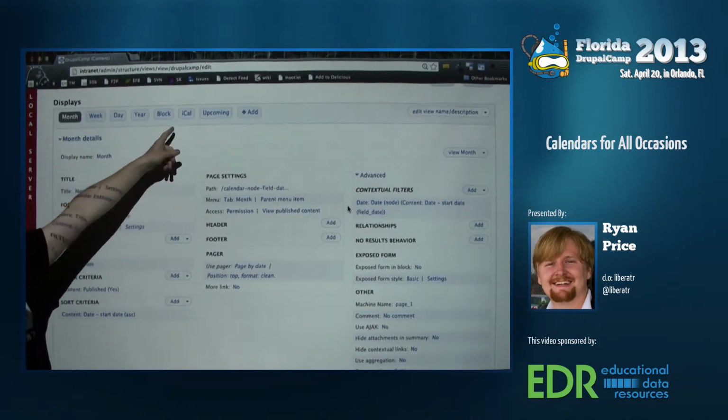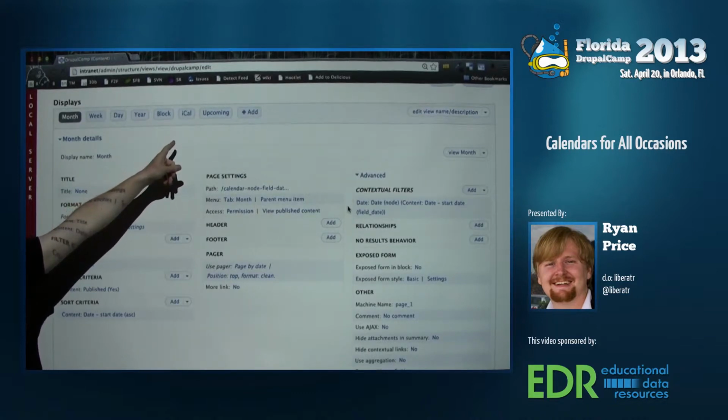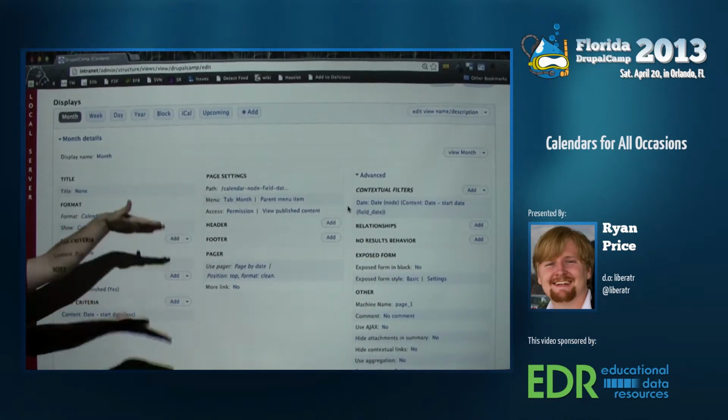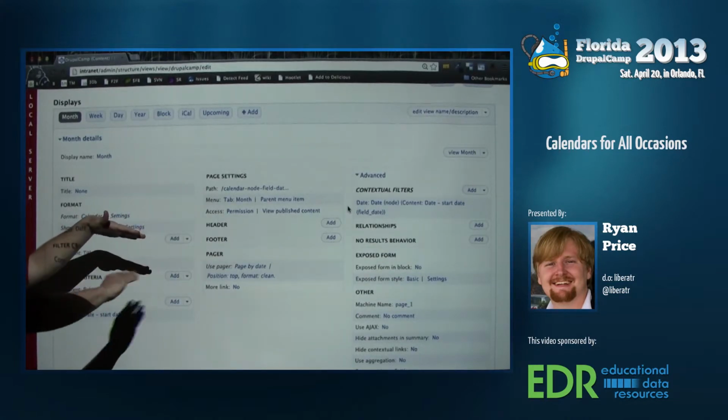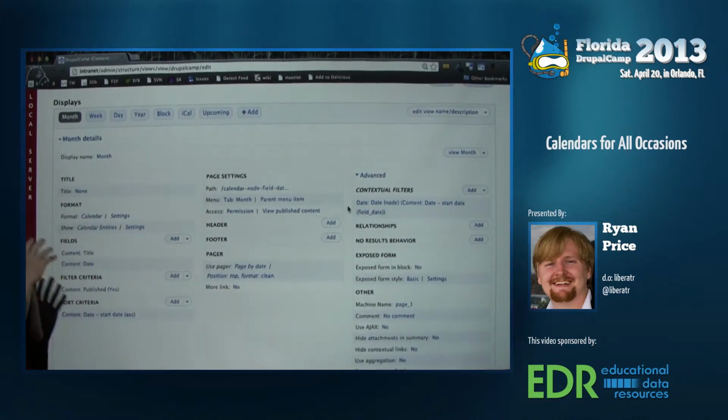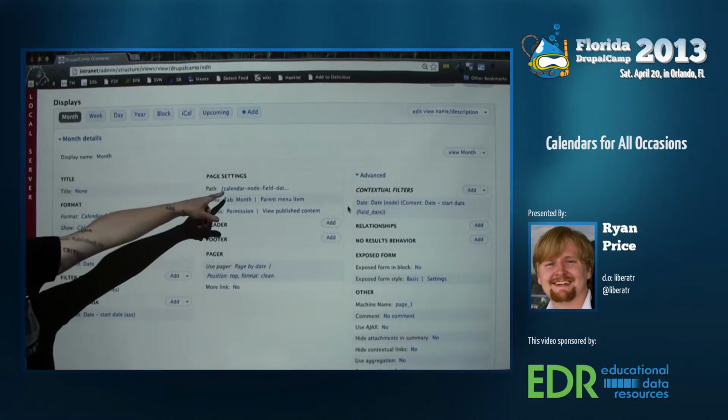An iCal feed, this is using a module called the Date iCal module. If you have it installed, it will automatically add iCal feeds to all of your calendars. And then the upcoming block is a list style view that says, these are the next 5 events from today forward. All this stuff is editable, but if all I did was this, and I look at this path, right now